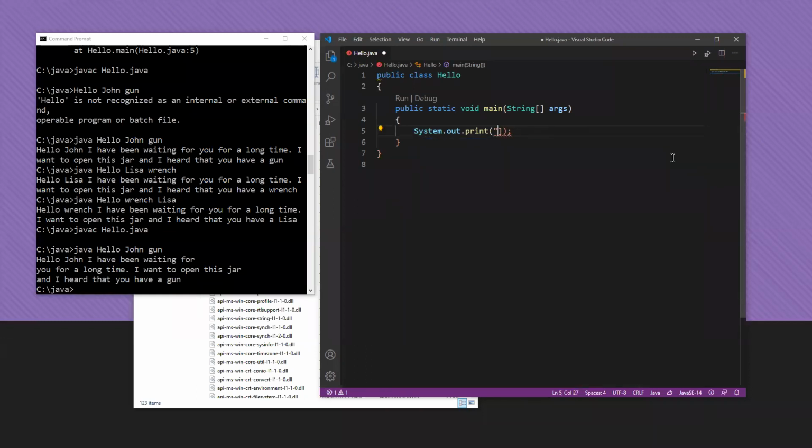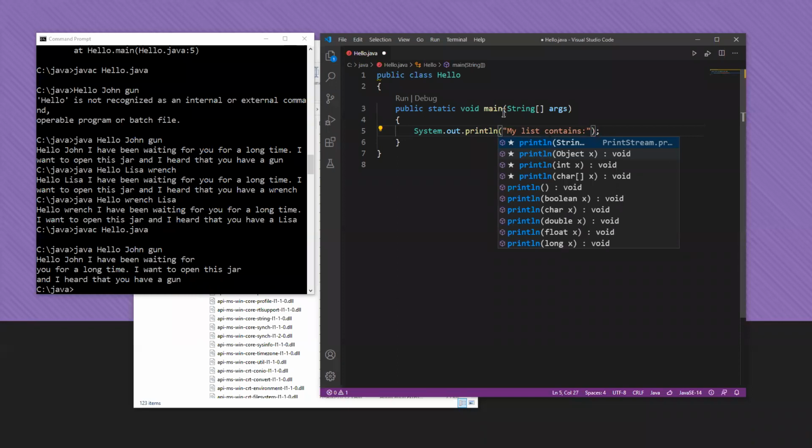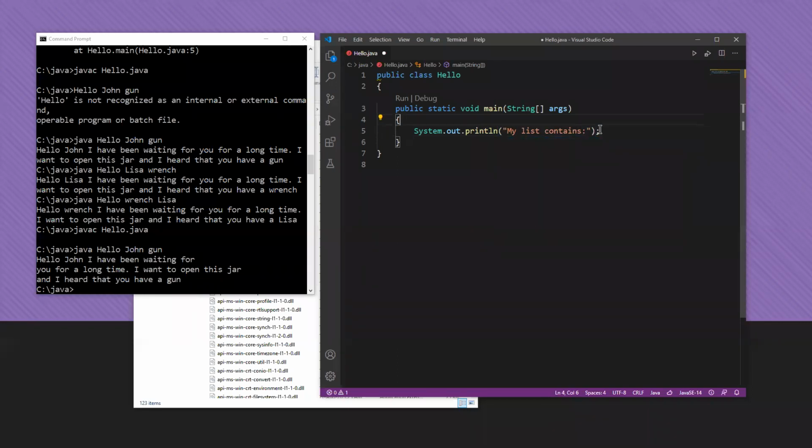So I can write, my list contains. Okay, and I'm using println. So once I write this println, when it says my list contains, it will automatically put an enter after this. So over here I copy this code again and I write